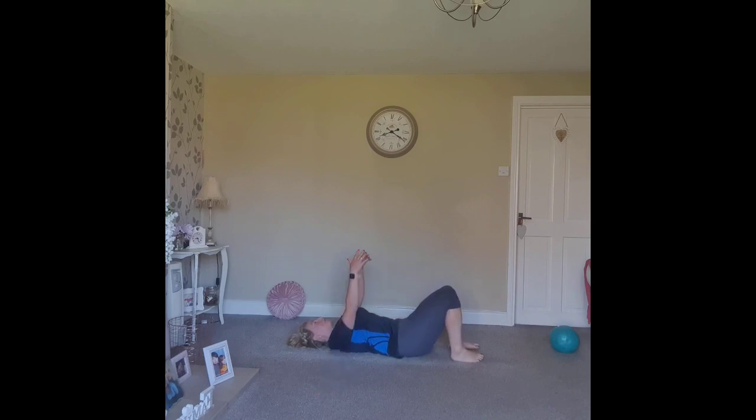Spine is neutral. We're going to take the arms, extend the arms towards the ceiling, reaching through that middle finger. We want to keep the collarbones or the shoulder blades nice and solid on the floor. And we're going to bring the arms to the floor. If you can, elbows to the floor. Windows, we drop the arms, the backs of the palms to the floor. And then just lift them back up. So we drop the hands down